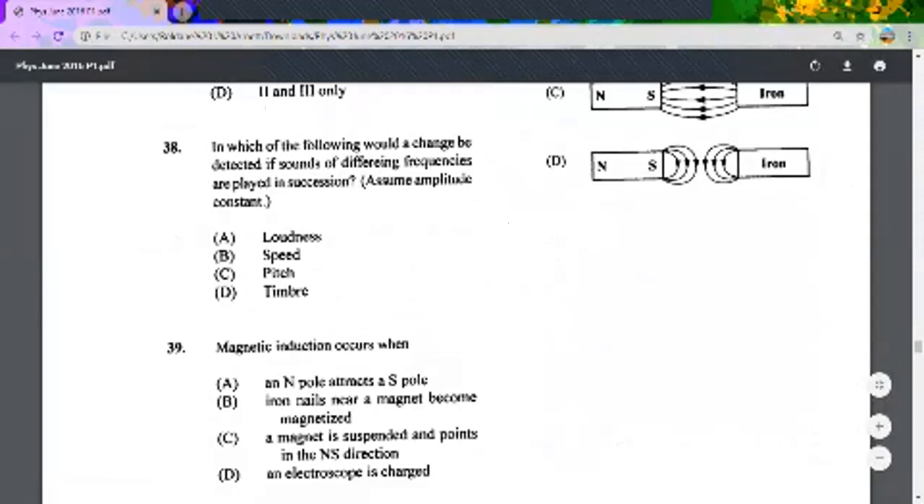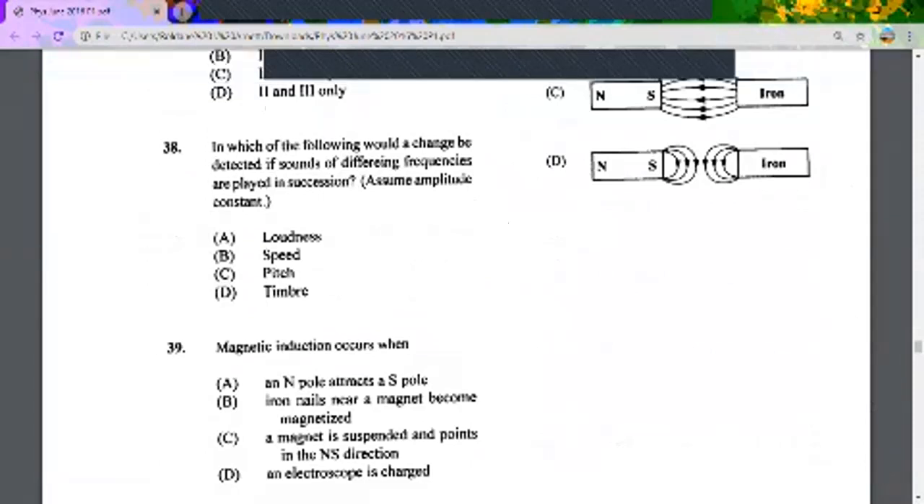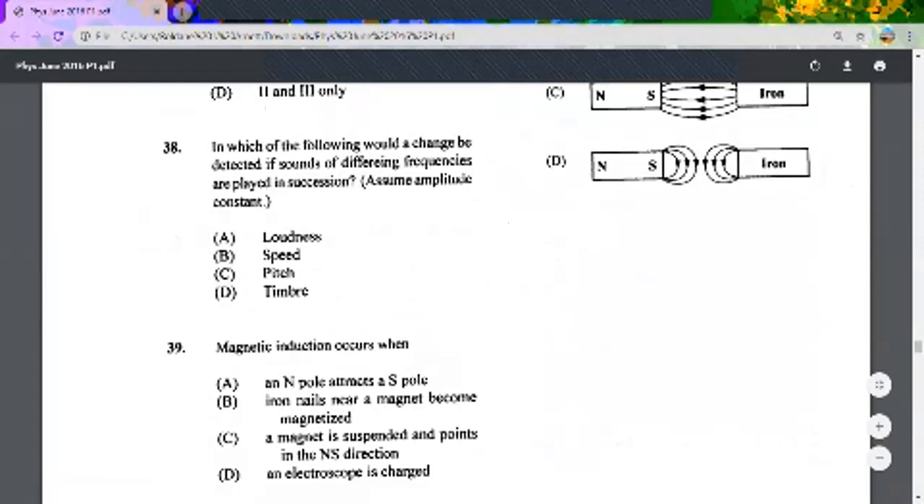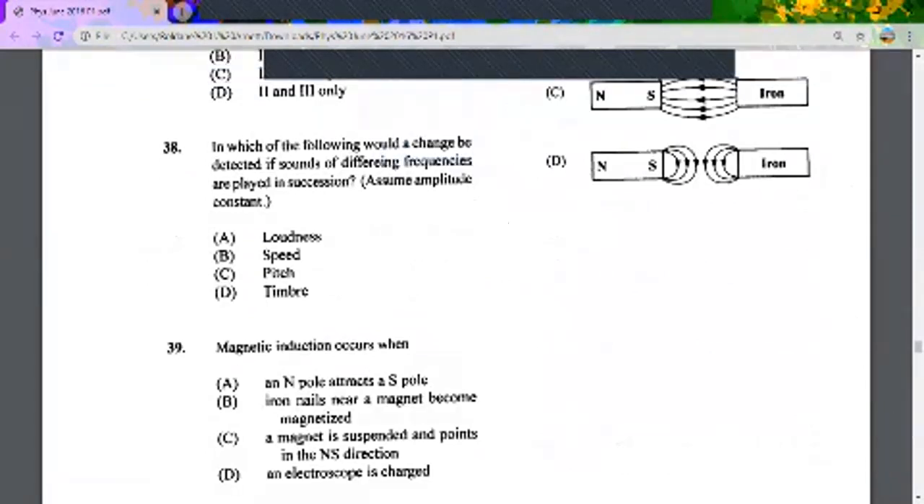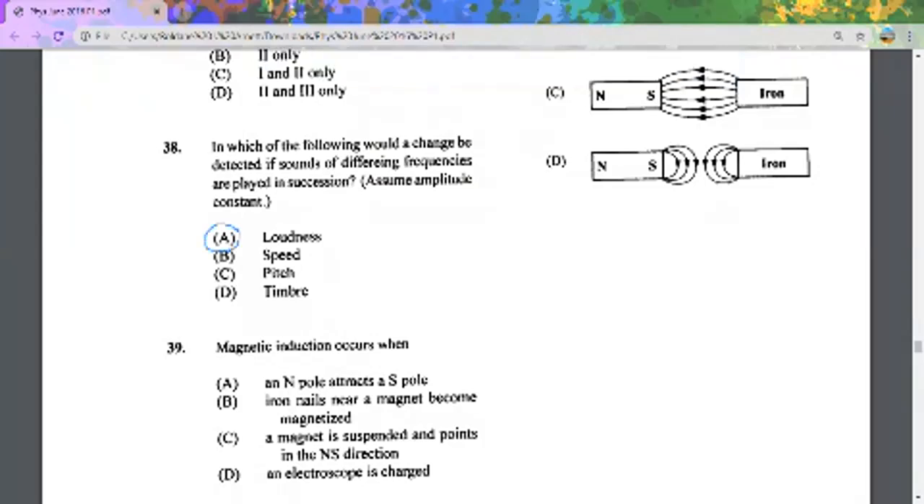In which of the following would a change be detected if sounds of different frequencies are played in succession? So here, it's basically talking about constructive and destructive interference. In this case, it is destructive interference. So they have the same amplitude, right? But they have different frequencies, meaning that they can be out of phase or in phase. So the loudness would surely be affected because if they are